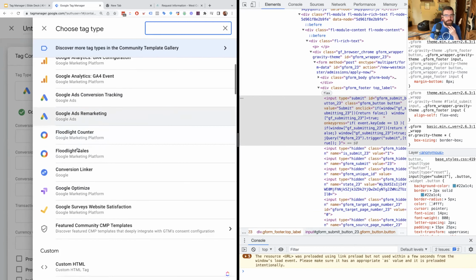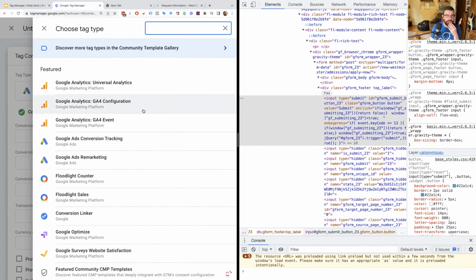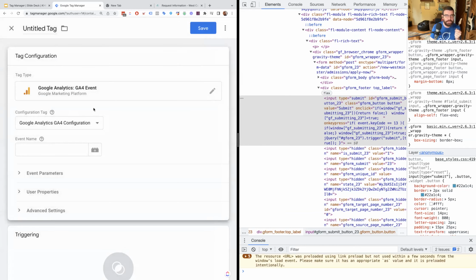And one other one, if you go to set up Facebook pixel stuff, custom HTML is the one you would use for that. But we'll cover that. If you guys have any questions about that, we can cover that a bit more once you guys get used to it. But for just getting started, we're going to go into this tag, the GA4 event. And we've already set it to the same ID that we've already given it before. And we're going to call this event,